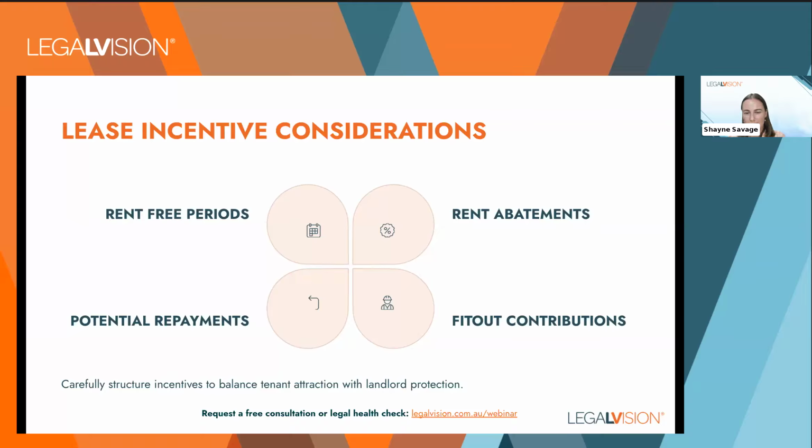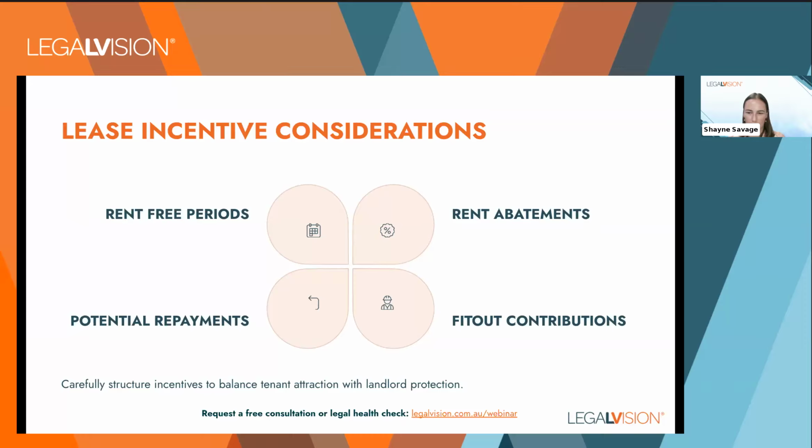You may also consider giving a rental abatement. A rental abatement is a reduced amount to their full rent payments. So you might agree to give a specific amount of money to the tenant that will be applied against their rental ledger for the entire term. And so that amount is reduced in equal amounts across the term for its monthly rent. Again, this reduction is applied directly to the tenant's ledger, so there's no specific money going back and forth